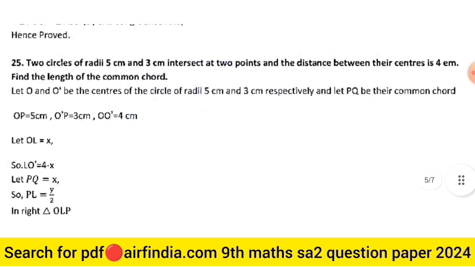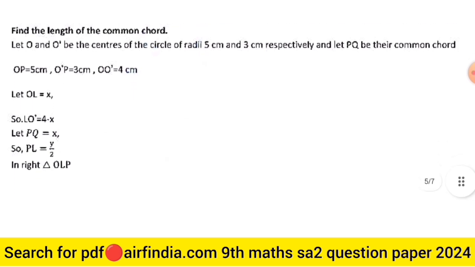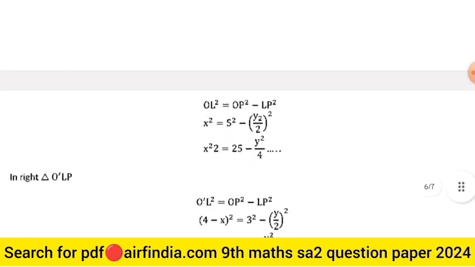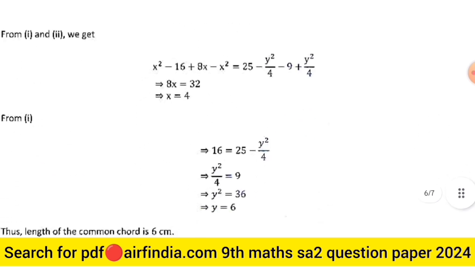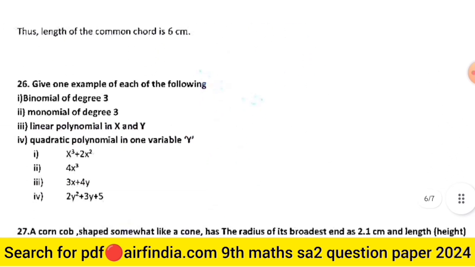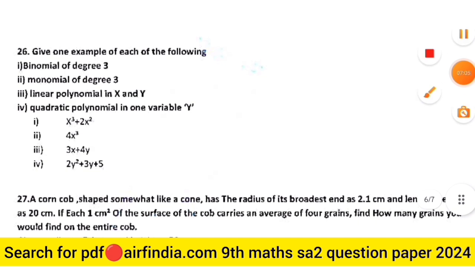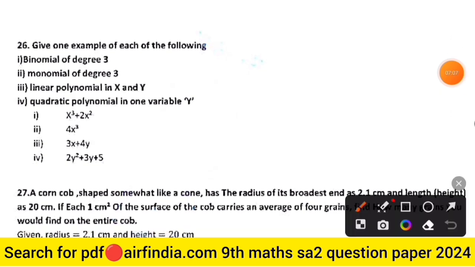Two circles of radius 5 centimeter and 3 centimeter. This is the full question 25, and the answer solutions are also given. Okay, this is the full solution of question number 25. And the 26th question is: give one example of each of the following: binomial of